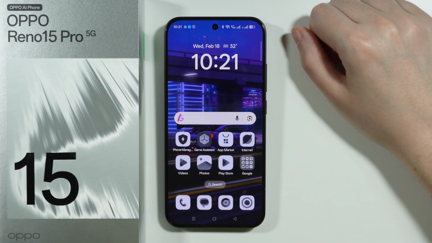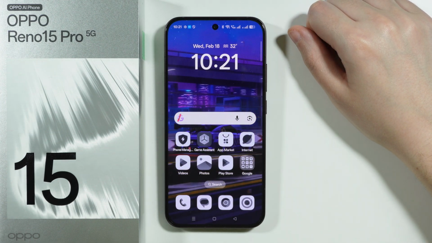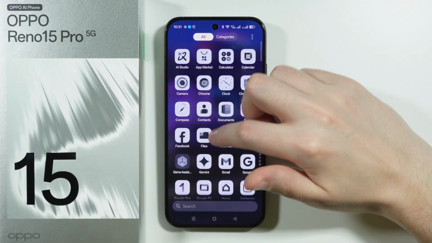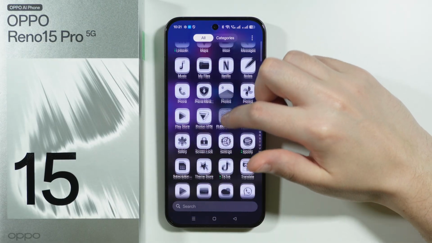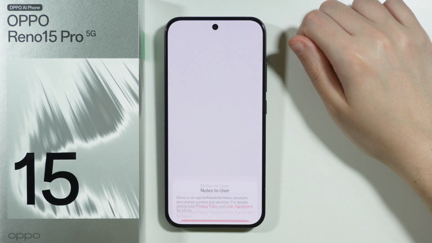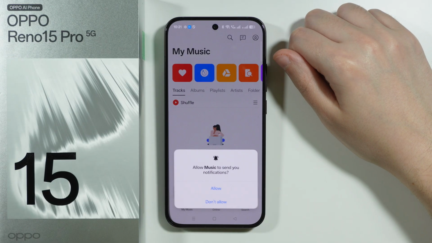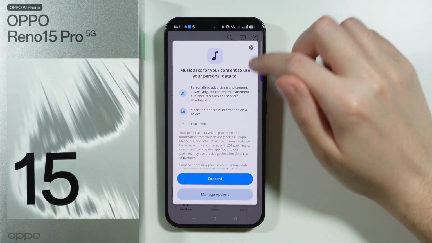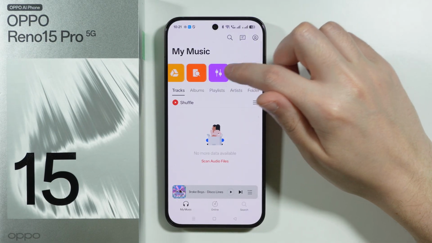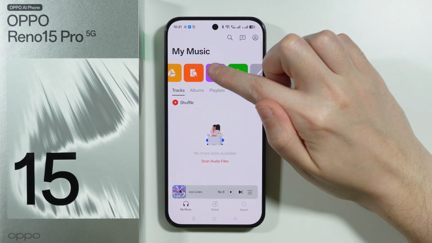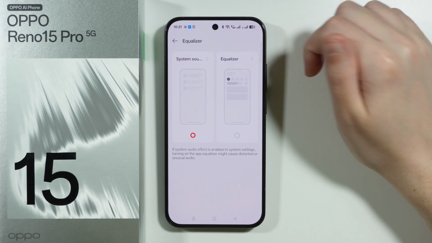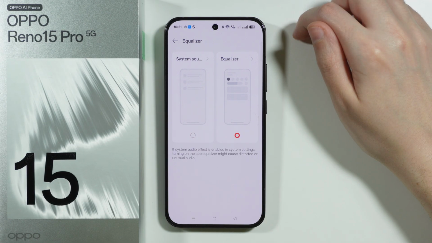If you want to change the sound EQ on OPPO Reno 15 Pro, you can, for example, try to use the music app that is pre-installed on your phone. So if you open this app, then you can swipe over here at the upper side in order to find this purple button, which allows you to switch to the equalizer over here, and